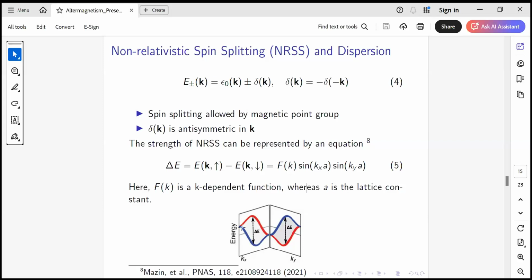Then the whole thing can be captured or mapped by this formula, F_k sin kx a sin ky a. This F_k is any k dependent function, and a is the lattice constant.